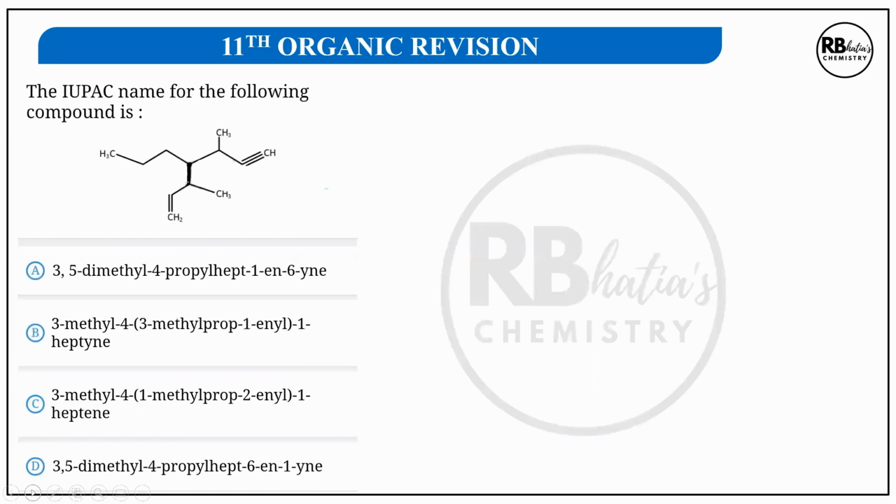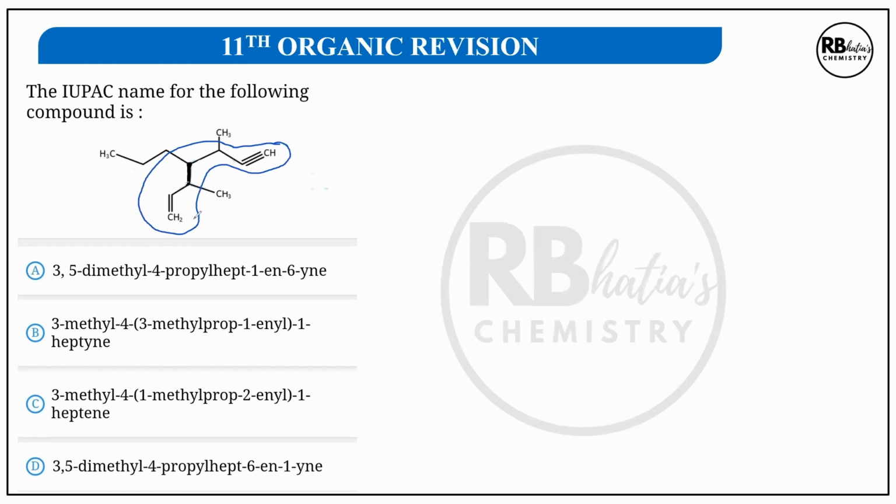Moving on to the next. The IUPAC name for the following compound. Let us see the IUPAC name of the following compound. We are going to look at the different components. It is important, children, to pick a chain which includes the maximum number of multiple bonds. The rule that works here is you have to pick a chain which has the maximum number of multiple bonds, even if that is not the longest chain. So the possible chain that we will have is this. We have to pick the longest possible chain which includes both the double bonds.